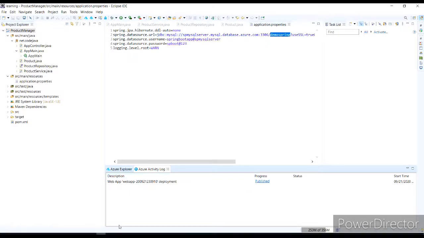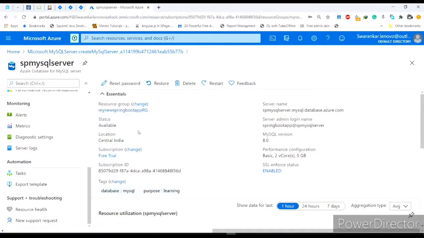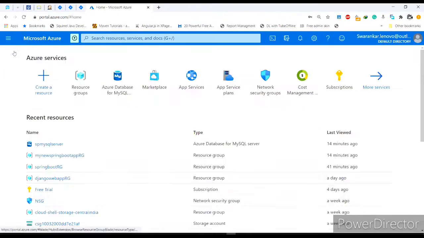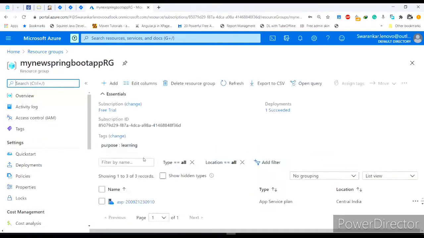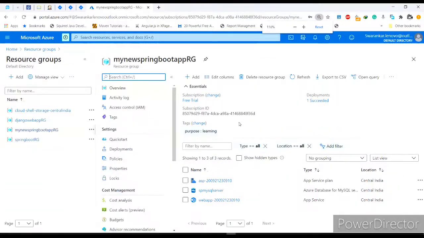Yeah, so it is complete. It is completed and published on the Azure portal. So we will see. This is our resource group. Select our resource group. Yeah. So as you can see, our app service plan along with the web app is created successfully. So I just click on my web app.